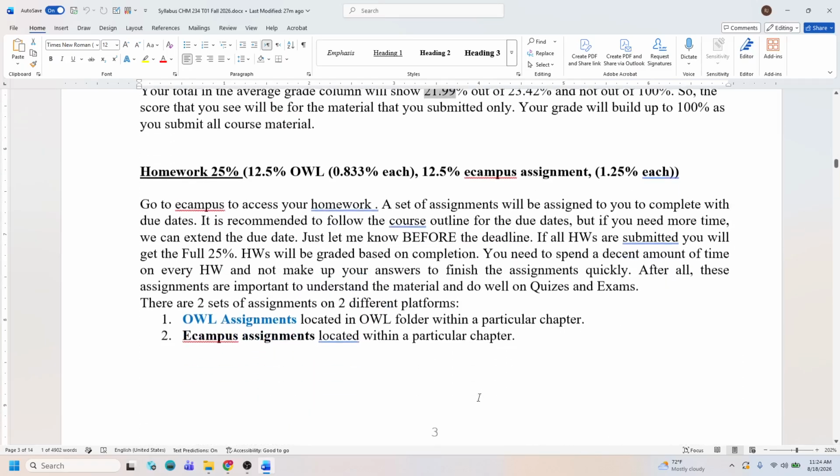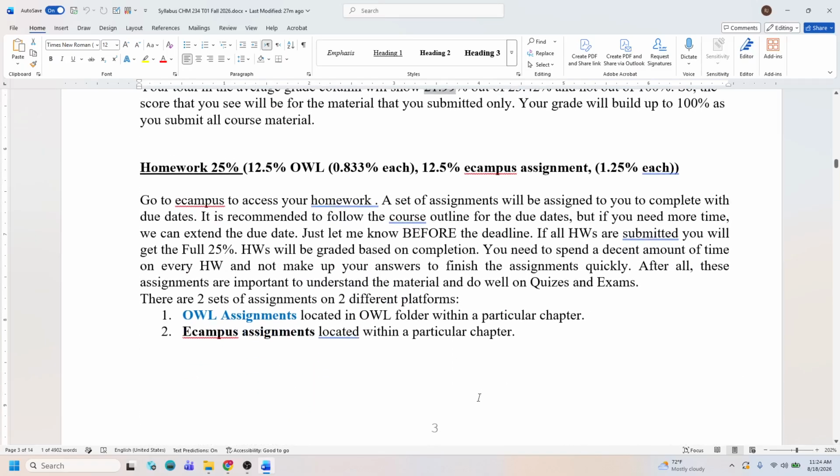That's pretty much everything that I want to say regarding this course. Again, if you have any questions, please don't hesitate to let me know. I'll keep reminding you of your due dates for the assignments. And I'll keep sending announcements in there on eCampus, and emails. So I'm going to email you. I'm going to send announcements in there. So please read your emails, read your announcements, and let me know if you have any